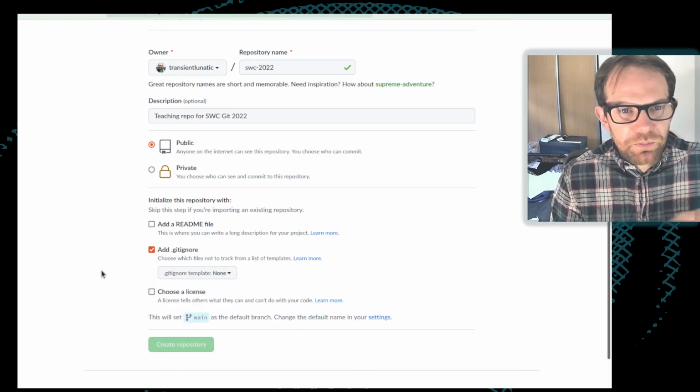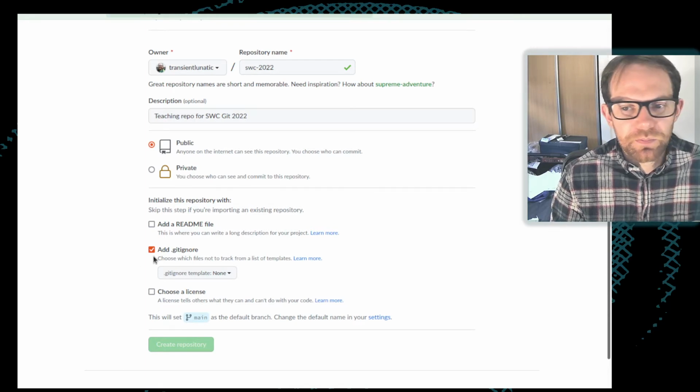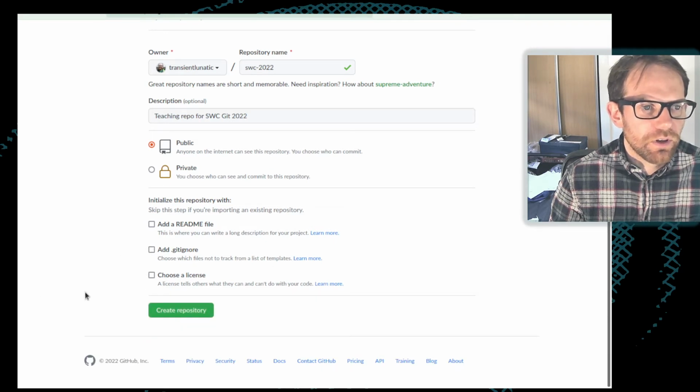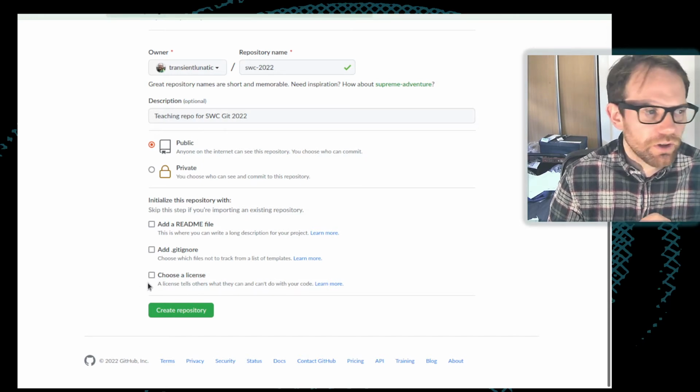If you are setting up a completely new repository and you've not started anything yet, this is a good thing to do. Don't do this if you've got a repository which you are preparing to push to GitHub like we do, because it will make your life more complicated. So, I'll not add gitignore and I'll not choose a license. We'll talk about this licensing stuff hopefully next week in the final session for software carpentry, but for now we're just going to leave all of these checkboxes blank and create a completely empty repository.